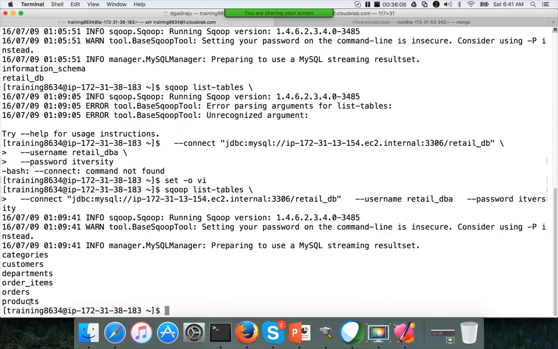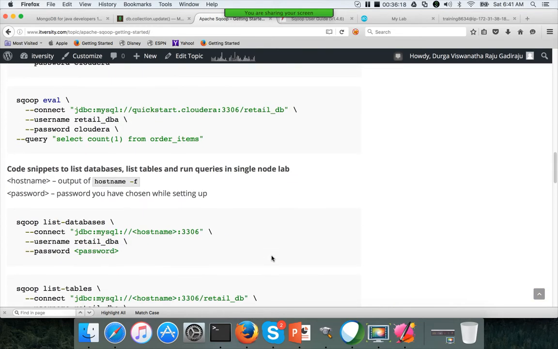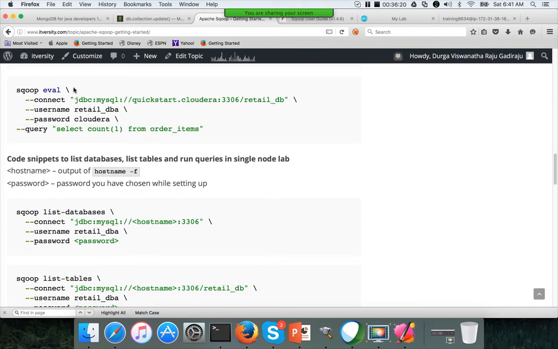Okay. And then, if you still want to make sure that you are able to connect to the database and run queries, there is another command called eval. Using eval, you can issue any command in the database using JDBC. It need not be a select query.